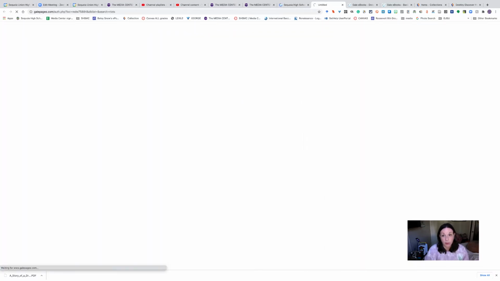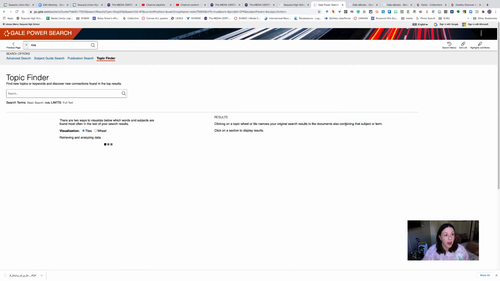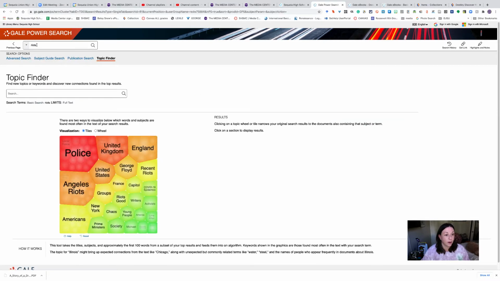So I'm going to type in riots, and then it takes me to this power search page, and it tells me there's 30,000 magazine articles, 14,000 plus academic journals. This is too much. So what I want to show you this year is this topic finder. So I'm going to click start the topic finder, and based on the word I already put in there, riots,